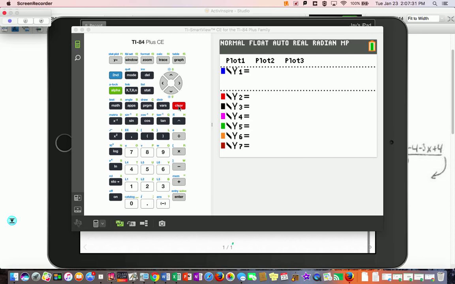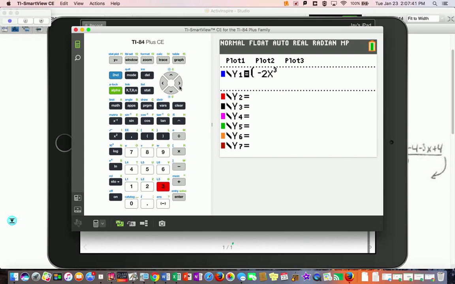so if I go over to the calculator and I type this in, I have to do a parentheses, negative 2x raised to the third plus 3x squared plus 1,